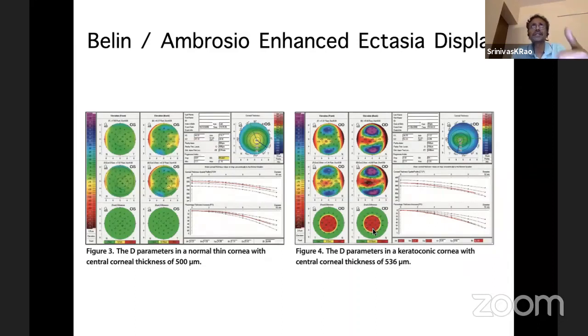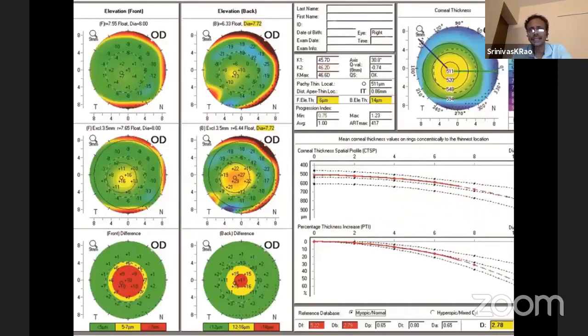So this was keratoconus. So they said if you just go by thickness, thick cornea is normal, thin cornea is keratoconus, we could be at fault. And they explained why their method of manipulating the data helps us pick this up a little better. So this is one aspect of it. Now we have to look at the other aspect of it, the right side of the map. So what does all this data mean?